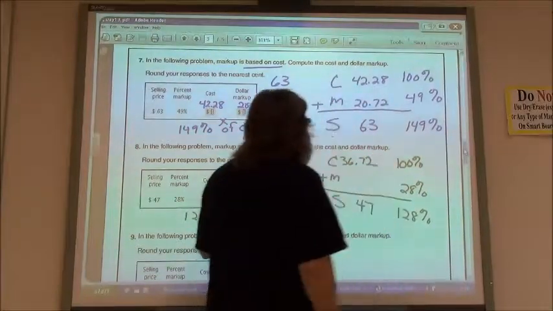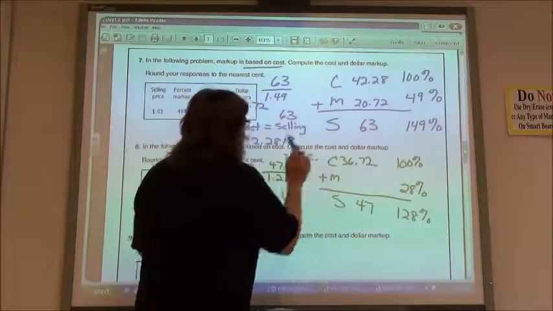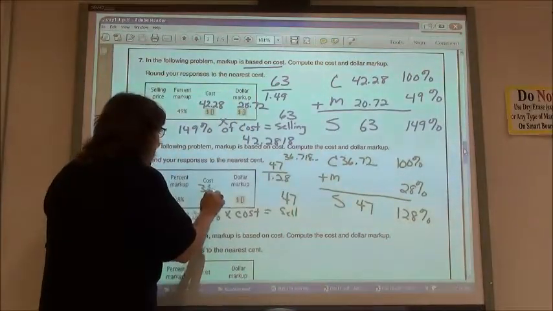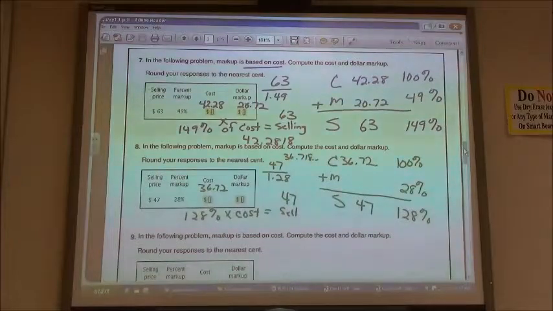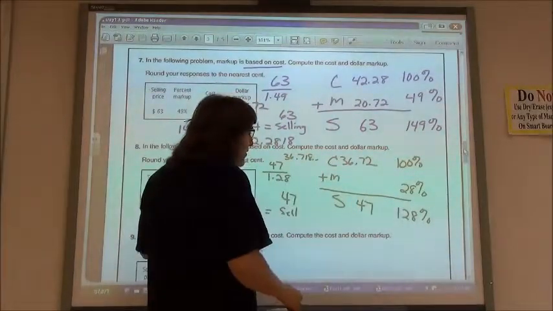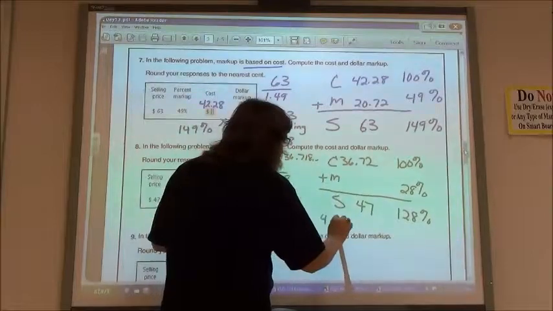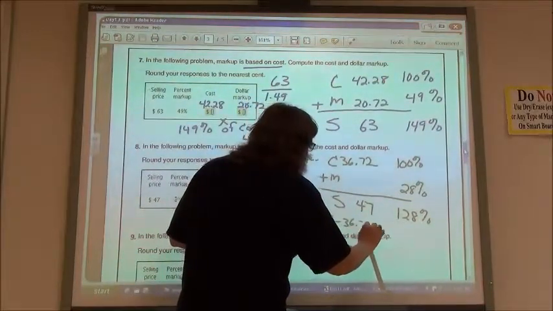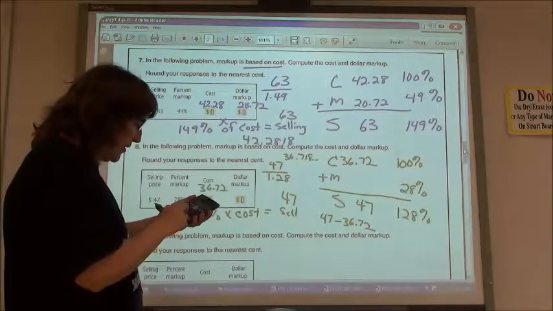$36.718, so I round it off to 72. So $36.72 is what my cost was. I want to find the dollar amount of the markup. The easiest way to find the dollar amount of the markup is just to take the selling price and subtract my cost. So if I take 47 minus 36.72,